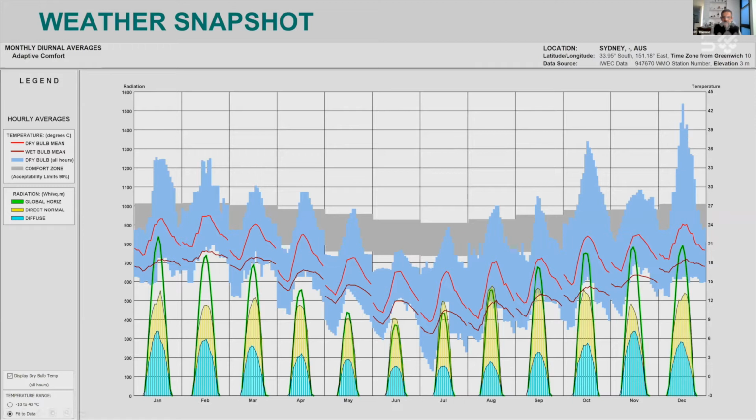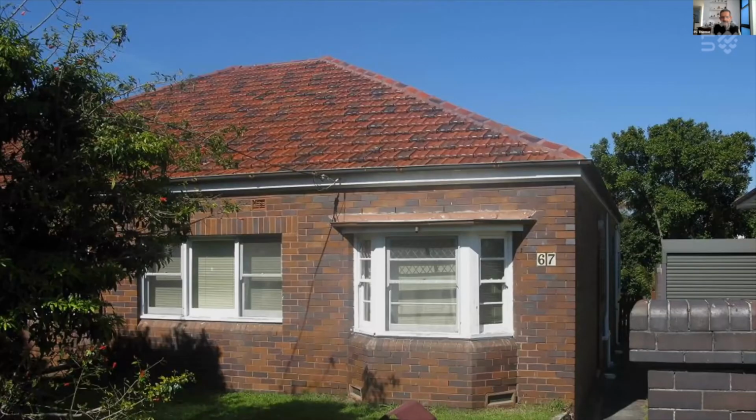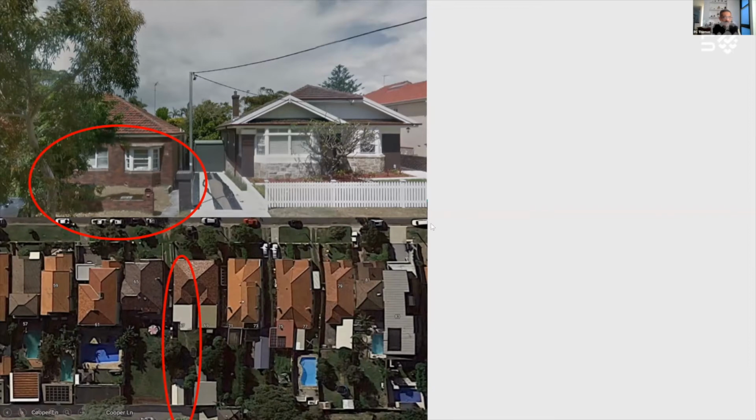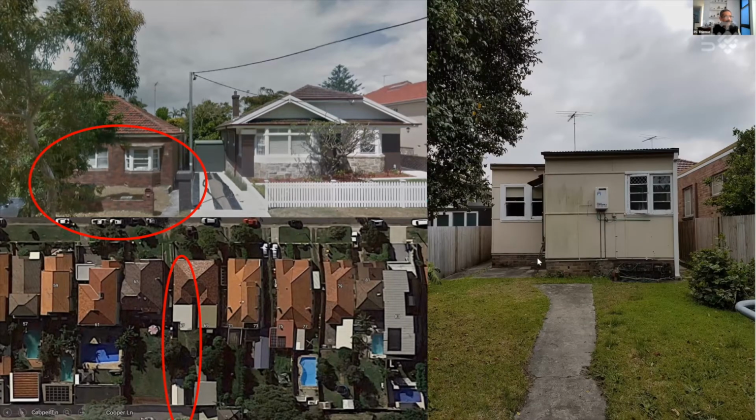So I'm going to talk to you about a renovation we did on our house, a 1930s cavity brick semi. It's a double brick building, very typical of Sydney's eastern areas, located on a very standard suburban street, and like most semis, a long plot, right? Basically this faces north, that faces south. So my garden faces south, if you wish. And here's a picture before we did the renovation.